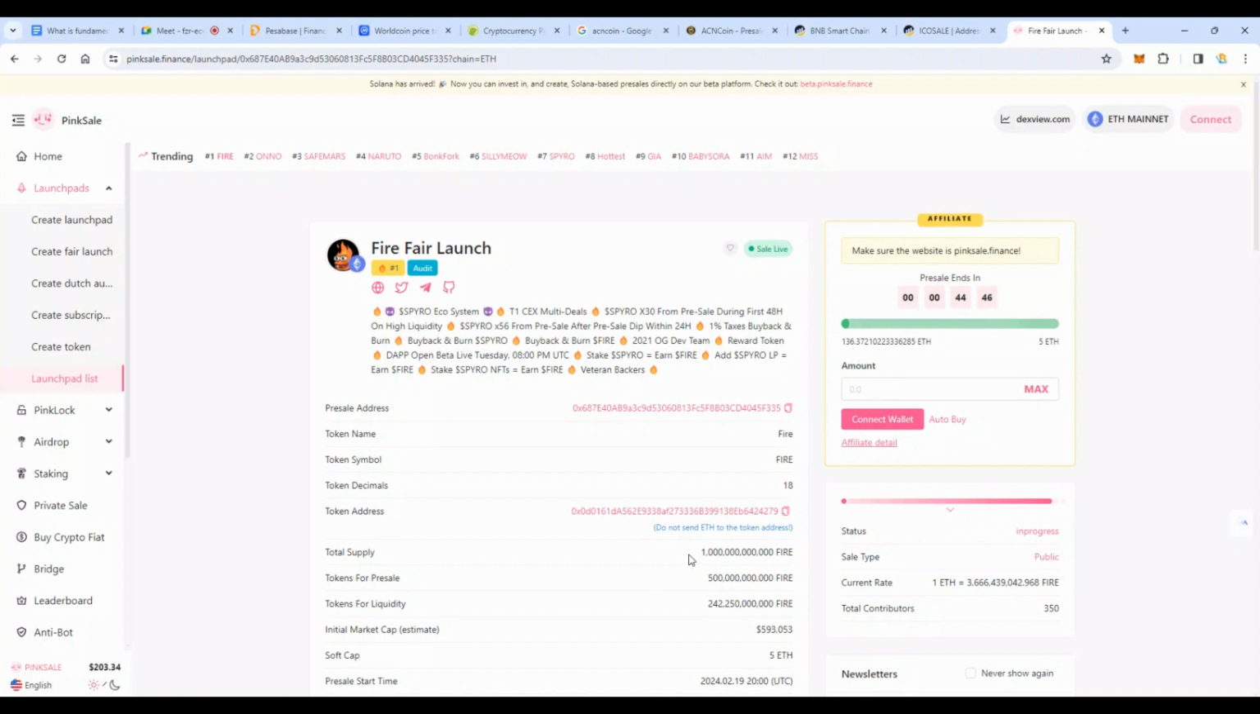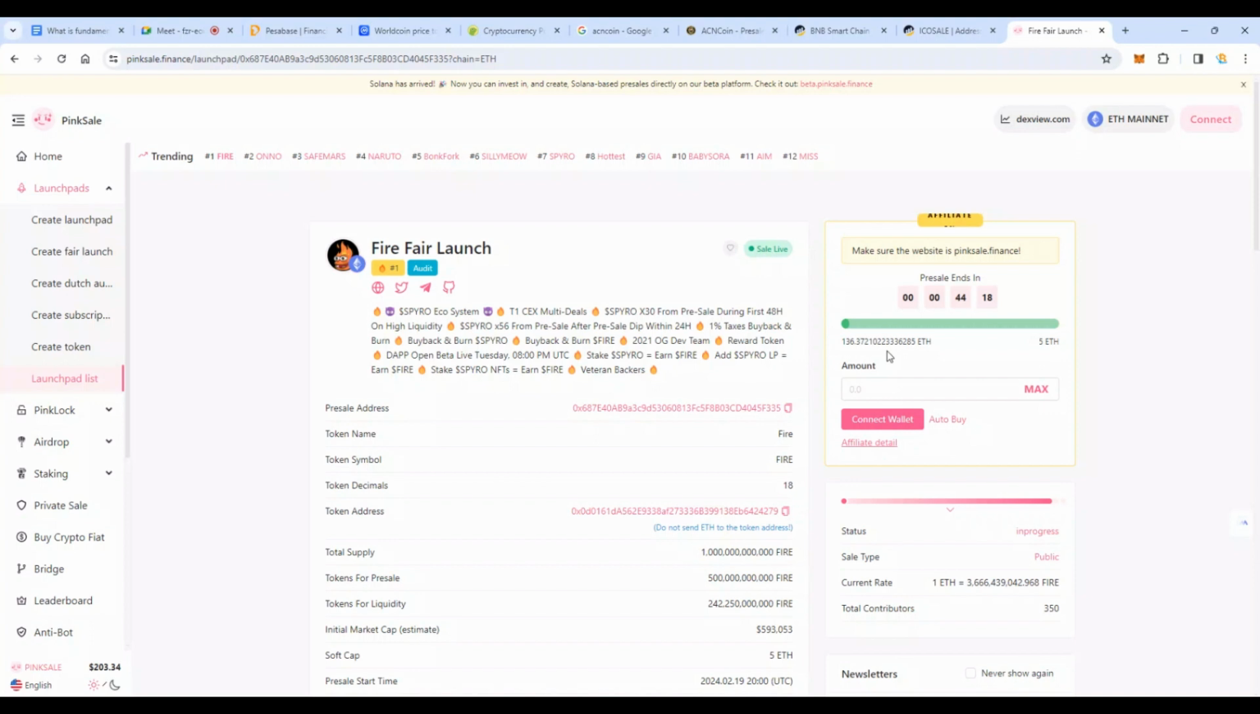So what the team would do, okay, this is the soft cap. So they want to raise a minimum of 5 Ethereum, but it's showing us that they've raised a total of 136 Ethereums. Now, what happens is the team could blindfold people, and you should be very, very keen with this